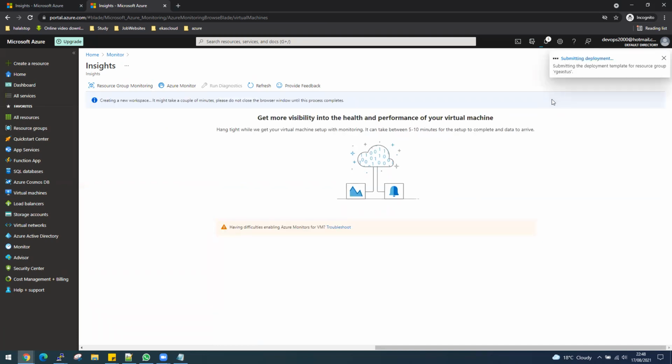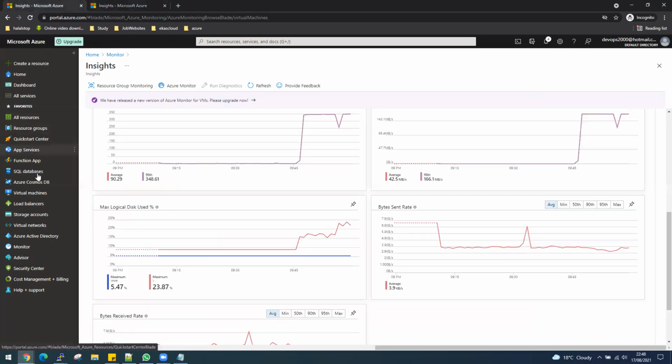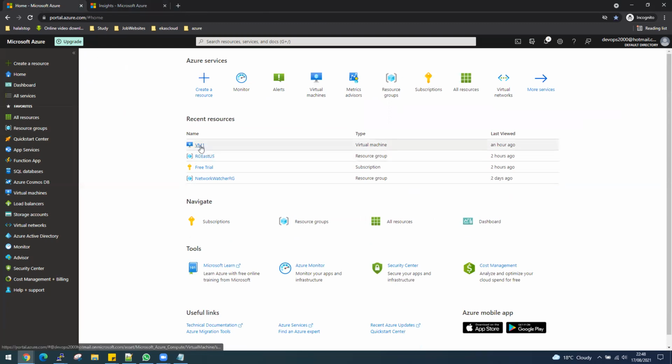Okay, we will let it run. It will take some time. While it's doing it, let me duplicate. Yeah, it's been duplicated already. That's good. Let me go back to our VM